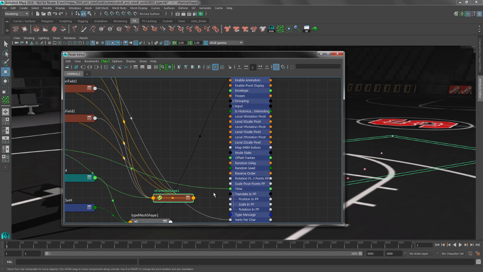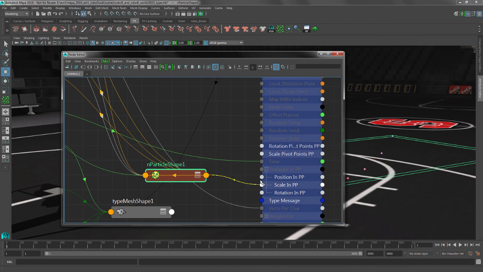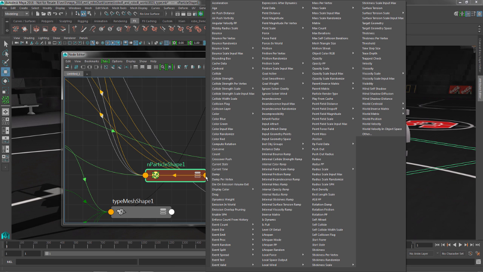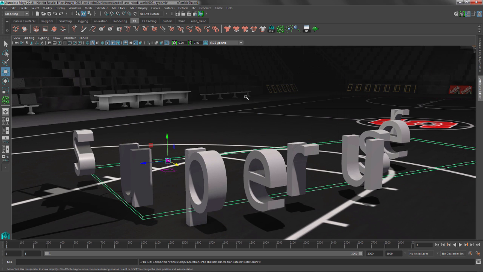So we're going to expand that guy out, and we're going to grab the position of the particles, and we're going to drive that position. So you can see they start to move along for the ride. And we're also going to grab the rotate PP, and we're going to have that drive those guys. So with that done, we can